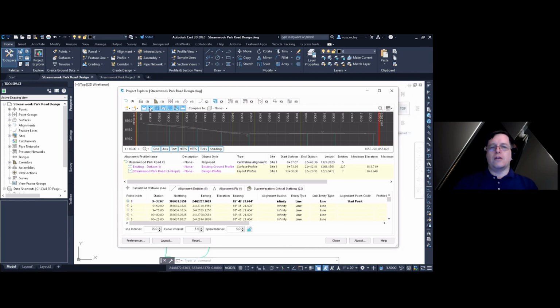Next to that is an area of filters. Now, if I'm working in these profiles down here, but I don't want to see the existing ground profile, I just want to see the proposed and want to filter those out, I can click on a filter here and it filters the existing out but leaves the proposed. And then I'll turn that back on when I need to see that information. So several filters that you have access to in this area here.